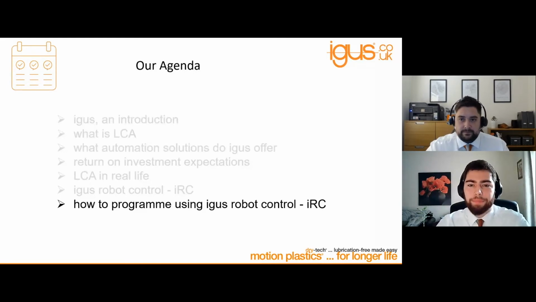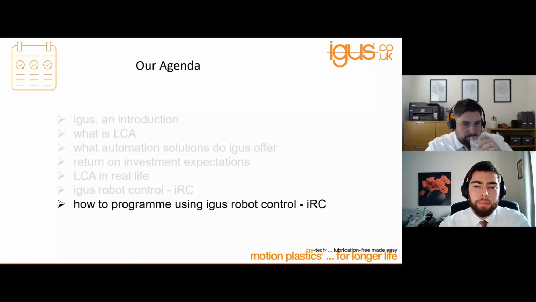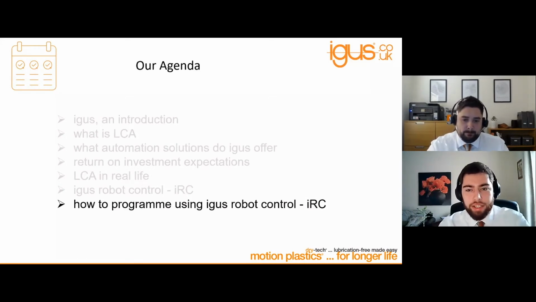Thank you, Adam. My name is Angelos Bitivelias, and I'm working as an automation engineer in Igus, UK. As Adam has mentioned, Igus Robot Control is a hardware and software solution. Hardware comprises a compact control cabinet, a hand pendant, and an emergency stop, while the software is a Windows-based program provided free of charge to anyone interested in automation applications.